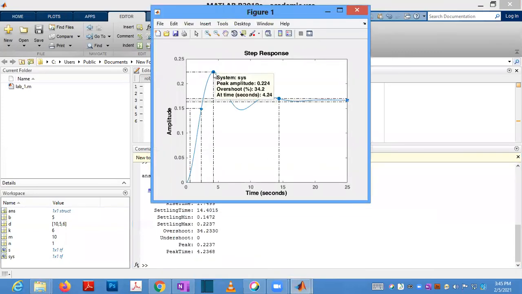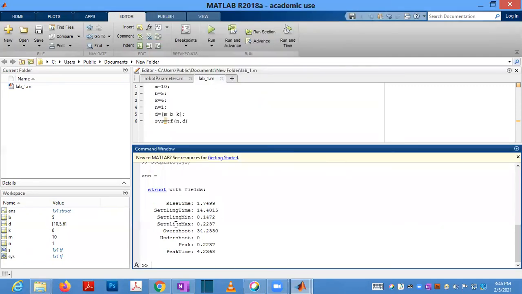This is the peak, overshoot is 34.2, and the amplitude is 0.224 at a time of 4.24. All this information you will get from stepinfo of SYS. Step is the response you are getting using the step command, and with stepinfo you will get the display in the command window.